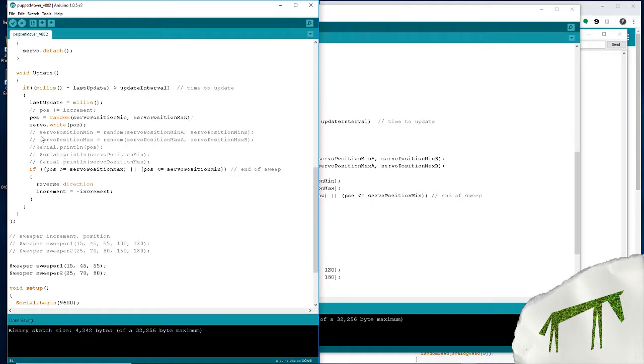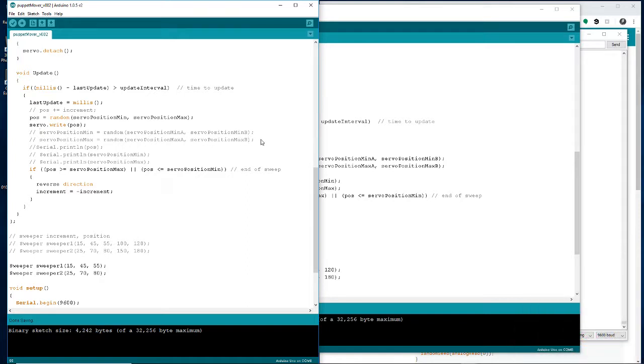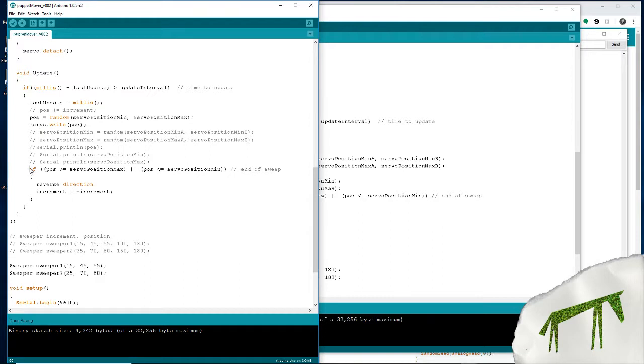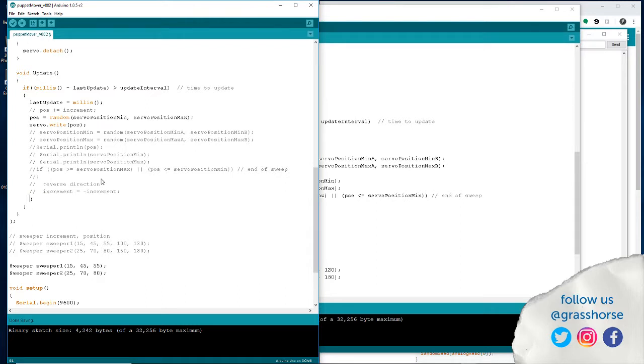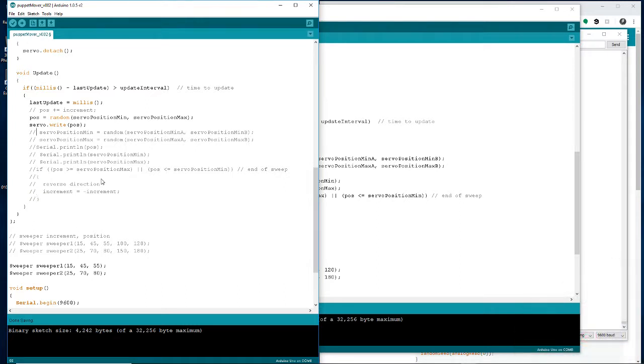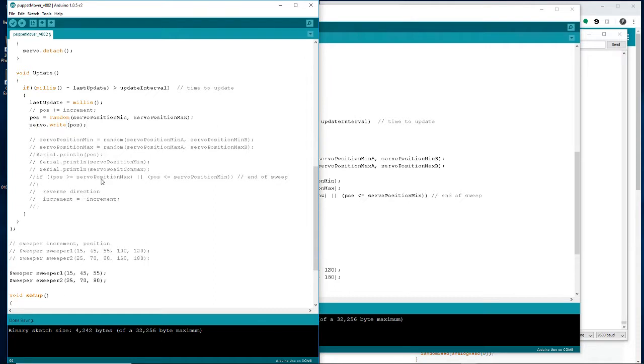Because right now I can see that basically every millisecond the position randomizes, right? And then the servo write stuff writes that position. I was thinking that probably should work, except I'm not sure, because of the if statement that's part of the sweep. Well, the thing is, what you're talking about is that there's a servo position, and then we have it do